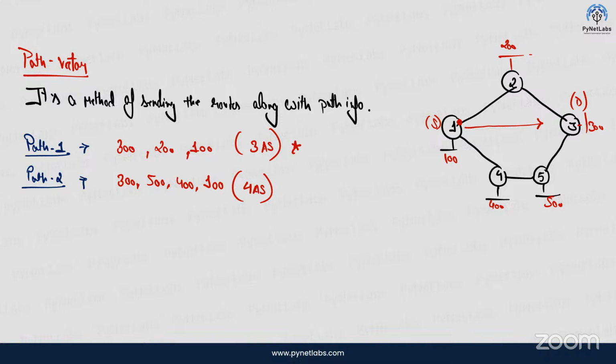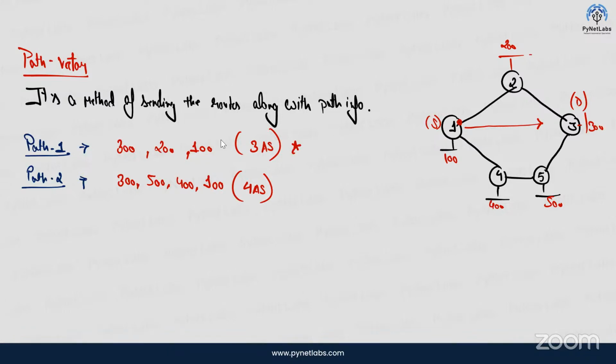And guys, there might be a chance of loops inside the network, which I'll let you know later on, how exactly loops can happen inside BGP. So this is one thing we consider as the path vector, because it is always going to carry the information of the routes along with the path from wherever the information originated. So this is one thing about the BGP path vector. And the next thing about BGP is the loop prevention mechanism. But that is something we will verify specifically when we move towards the lab